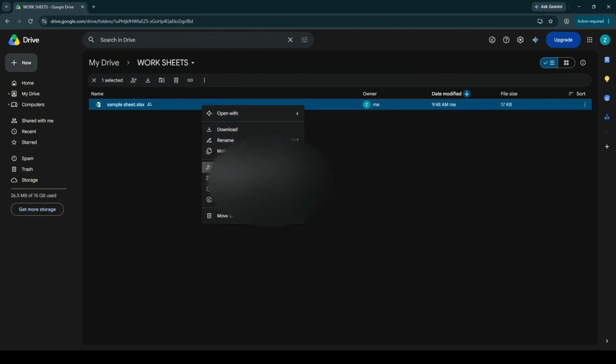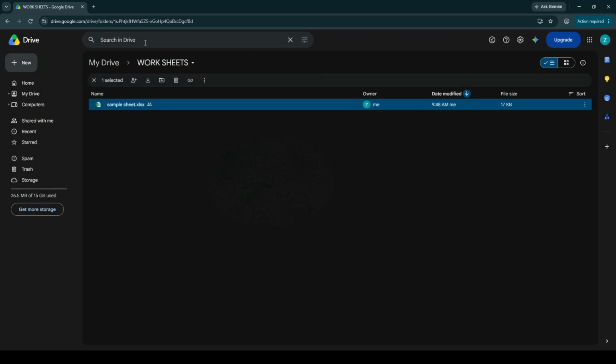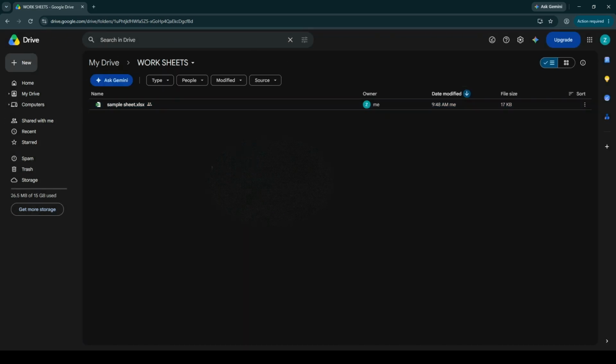This method of sharing is incredibly efficient for collaboration, as it allows others to view or edit the document as needed. Feel free to revisit these steps whenever you need to share other files, and enjoy the seamless collaboration that Google Drive offers. Hopefully, this tutorial on PMN Online helped you understand how to share an Excel sheet on Google